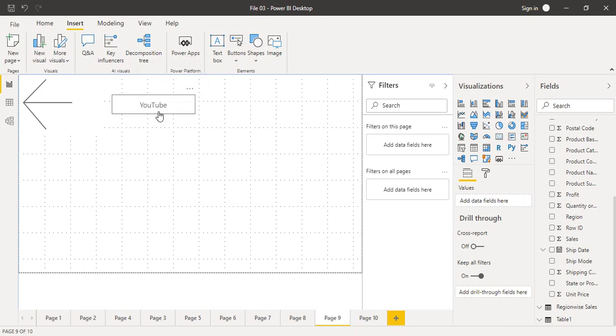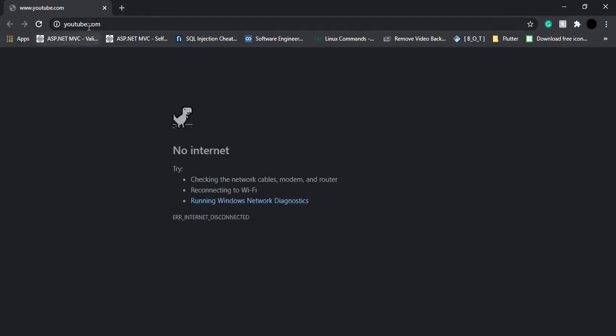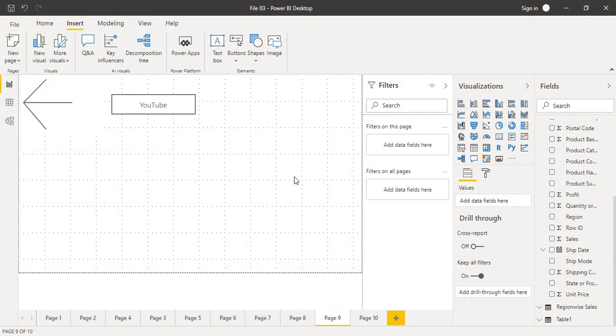If I just hover over it, what I get is YouTube website, which means that now my button is configured to the YouTube website. You can simply control and click over it, and then your default browser window will open and you would be taken to this particular URL. You can see the URL over here, that is youtube.com, but right now I'm not connected to the internet, so it is not opening. But as you can see, the URL is now copied in the window, and you would be taken to the page of YouTube if you are connected to the internet.